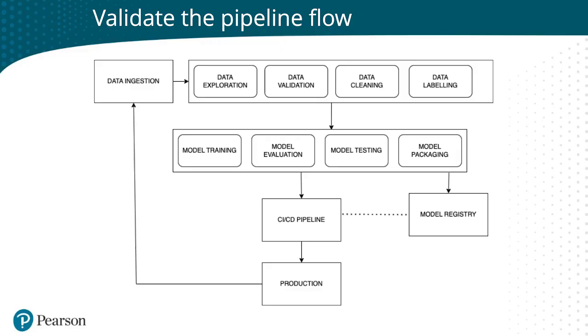It's not something you need to set up when you're just getting started, but as you mature the pipeline and you see how this process goes a few times, you might decide to create a model registry. A model registry is basically some location. It can be an S3 bucket or really any type of object storage or location where you can store all of your models. So any model version that you package that gets approved for pre-production or even just for production can go in this model registry.